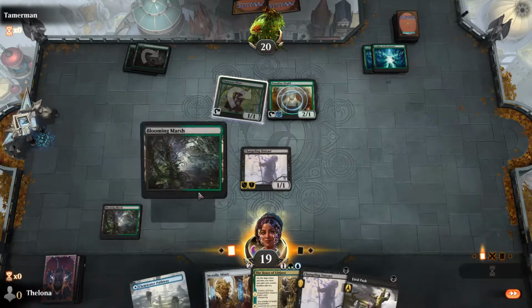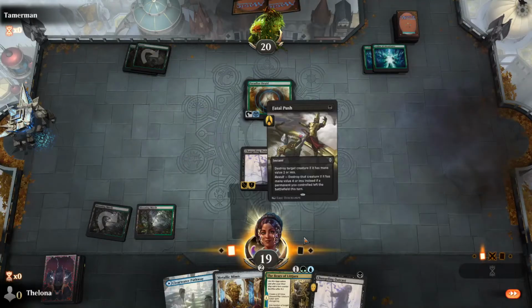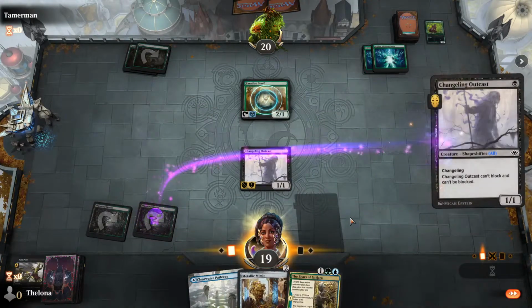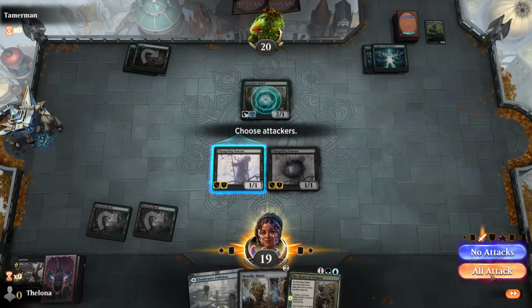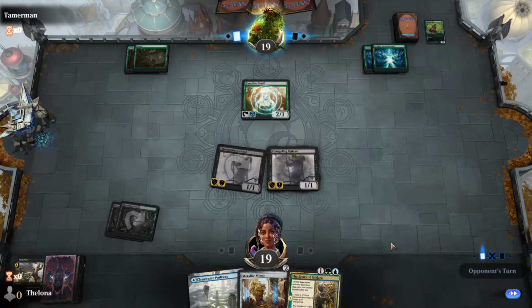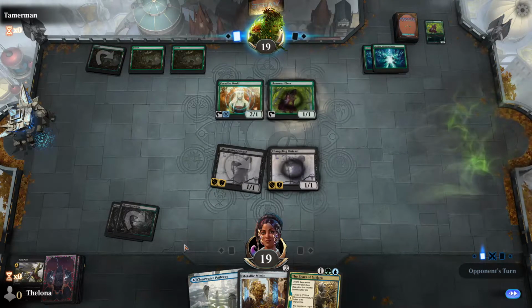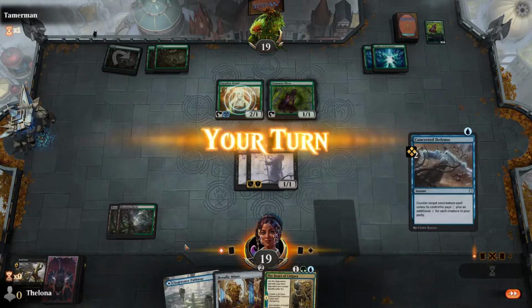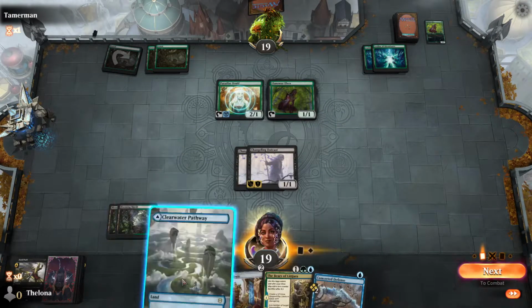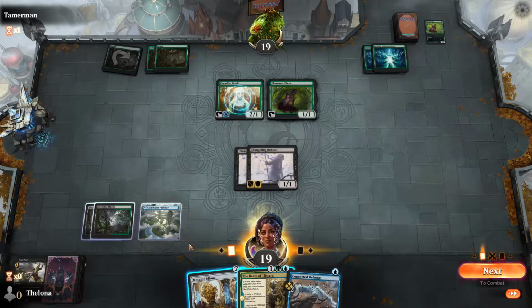That's pretty good, actually. And we're going to take advantage of that right now. Let's go off curve for a second. Shut some of that down. More Llanowar Elves. That's probably a little late, but you know what? Whatever. They have the mana for it, so...